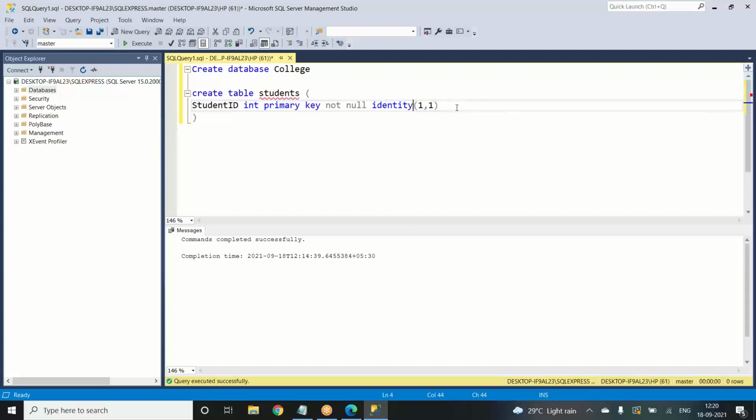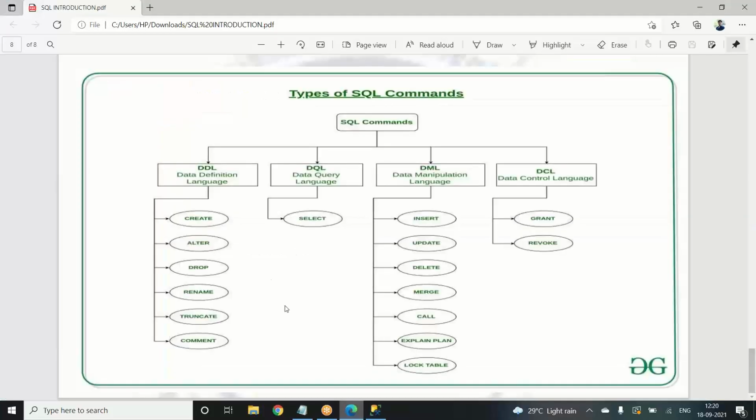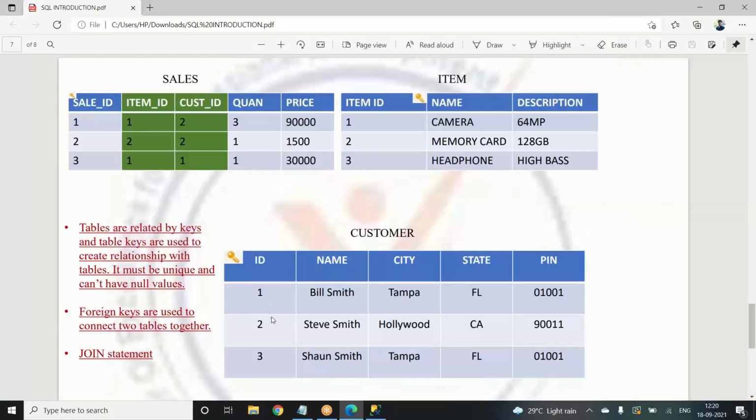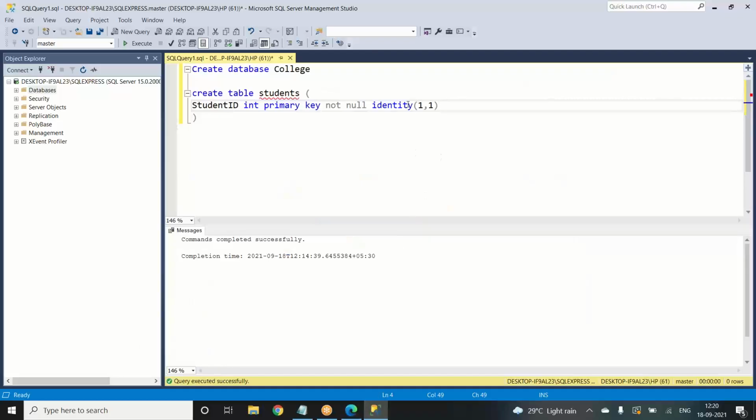So what is this identity? Now, if you look at this previous table here, we have 1, 2, 3. It started with 1 and it is incrementing one by one. So 1 and again 2 and again 3. All the tables are doing the same. That is because of the identity option. In the identity, the first number represents the number you want to start this table with, which is 1, and the next number represents the increment. How much increment do you need for each and every entry?